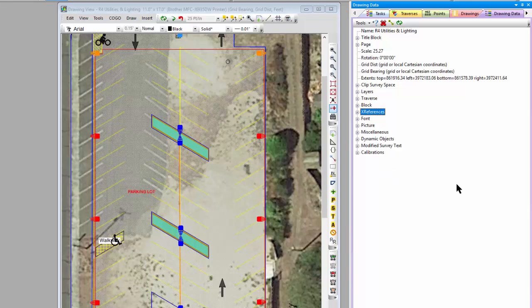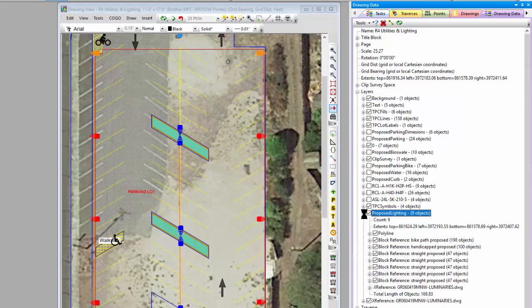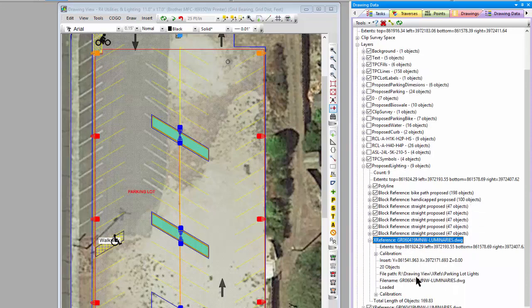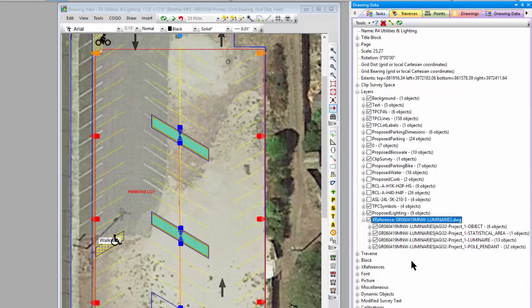Okay, then a third thing we did, and I think this is probably the most critical here, is that we took a look at the way that XREFs were creating layers, and primarily back in the original CAD file. So on this proposed lighting layer, I've inserted this XREF, and the XREF is going to have all the same information that I had with the XREFs down below. And then I'm going to have an XREF layer that I produced, and on that layer I've got 16 objects, and I've got